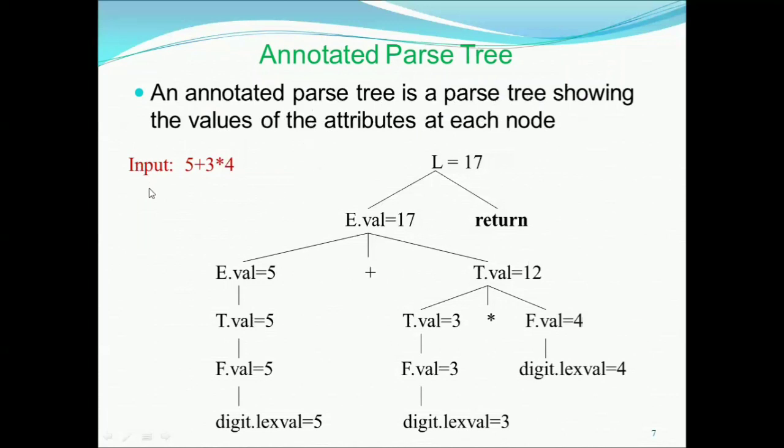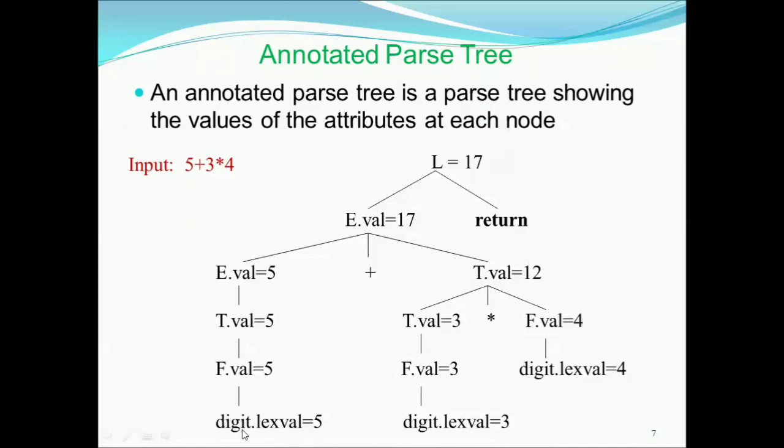As I said earlier, first I'm supposed to write the syntax directed definition for a given grammar. Once I write the syntax directed definition, I use it to evaluate the value at every node. So you write this particular syntax tree. After that, you evaluate at every node. Now, the first one to get evaluated is this.